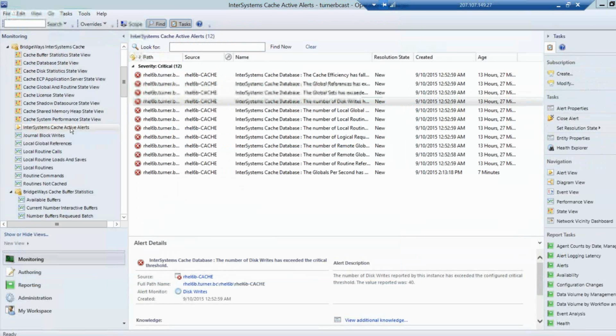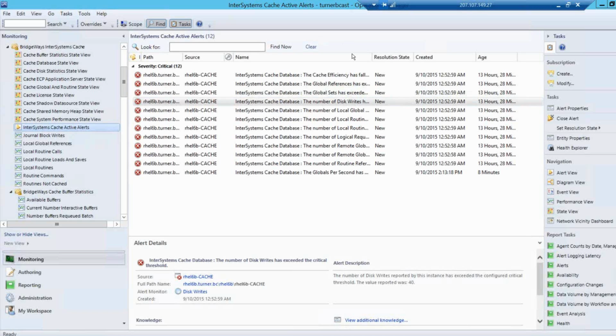One other thing that's really critical with the InterSystems Cache deployments is log file monitoring. A lot of systems out there have applications that are using InterSystems Cache instances as their backend to store data, and they may have, and should have, a log file or report to perhaps the InterSystems Cache alerts log file, or both. With our InterSystems Cache management pack, our provider has an ability to read in